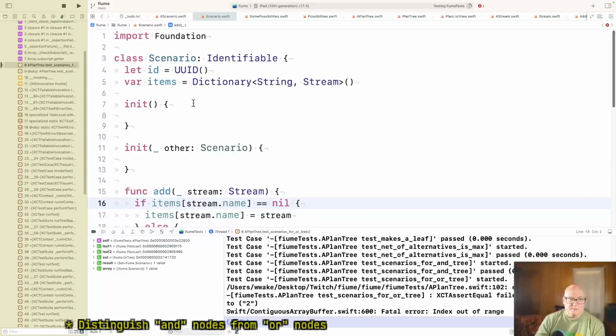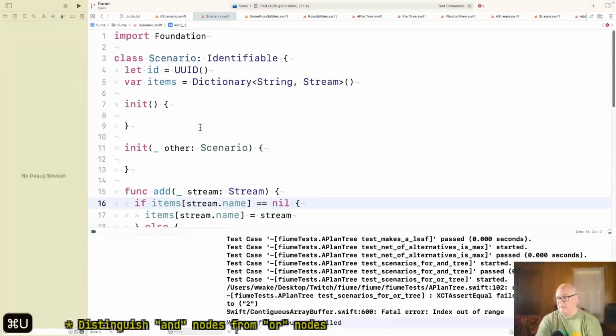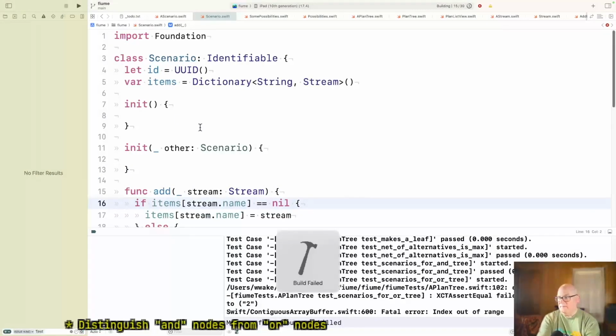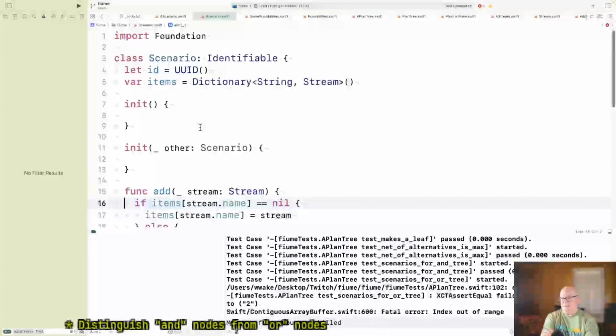Okay, so this one will fail. Pass an array of streams. Well, I'd almost like a yeah. Pass an array of streams.